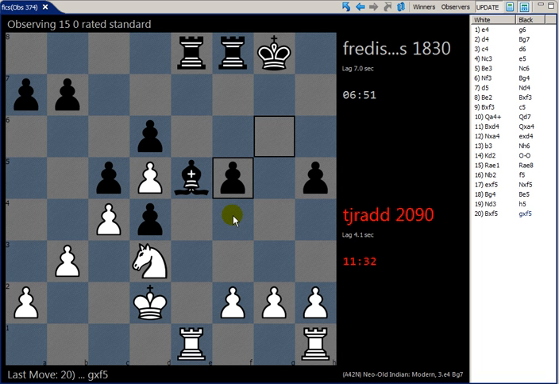f4. f4 followed by knight f. Oh no, you can't do that. If f4, then you don't have a way to get to e6, do you? Okay. I don't see another way to reroute. f4 and then